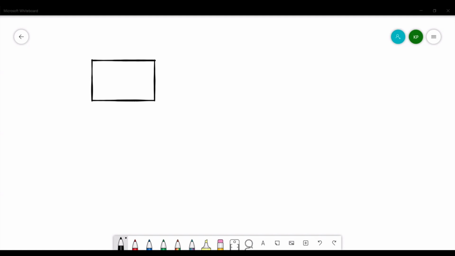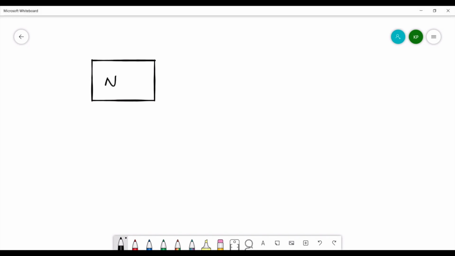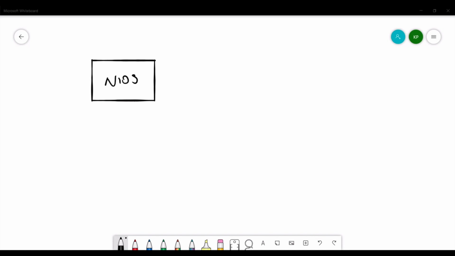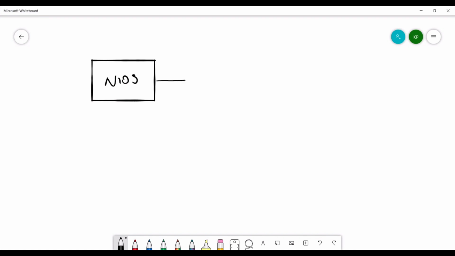Yeah, you can do it at that detail, or if you want, you can just show the bus lines coming from the NIOS processor from that point onwards. It's up to you. And then you have, so what would be, be like,